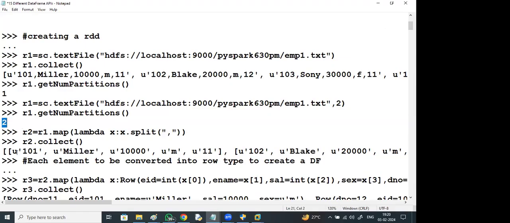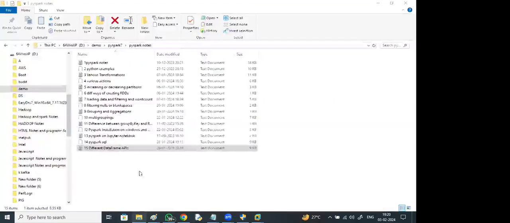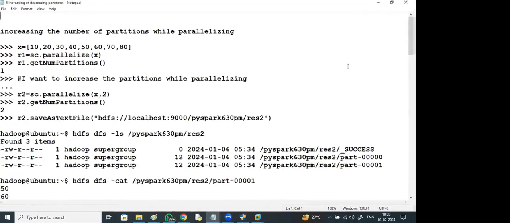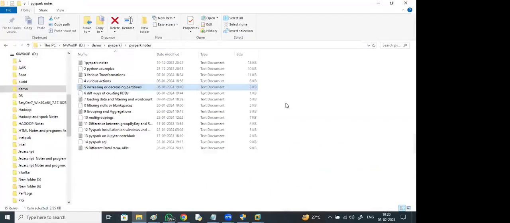If you have 10 records, you will see 5 records in one partition and the remaining 5 in another partition. We have discussed increasing or decreasing the partitions. So partitioning is not based on columns.